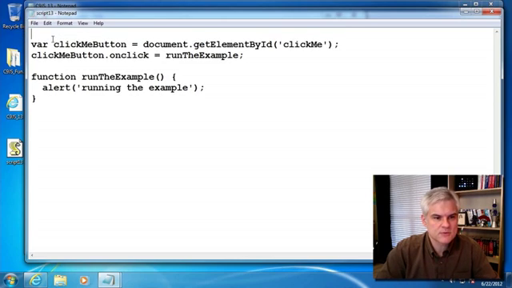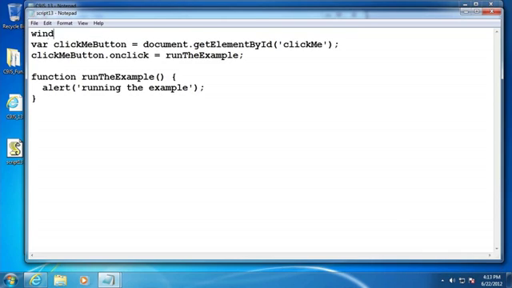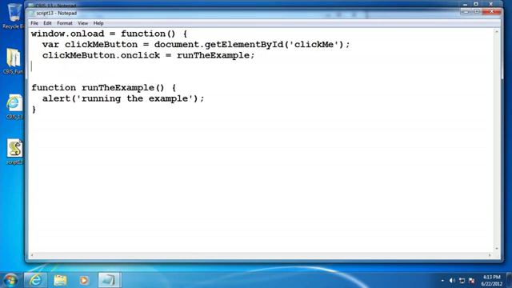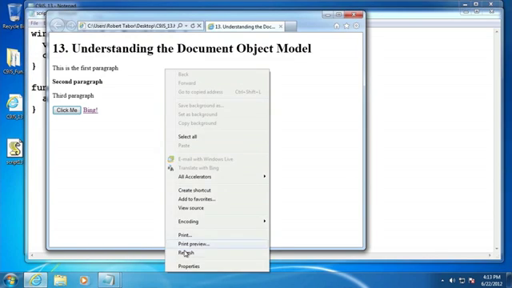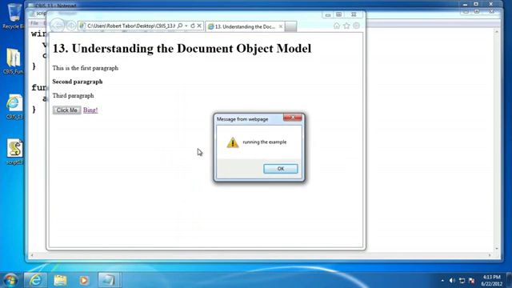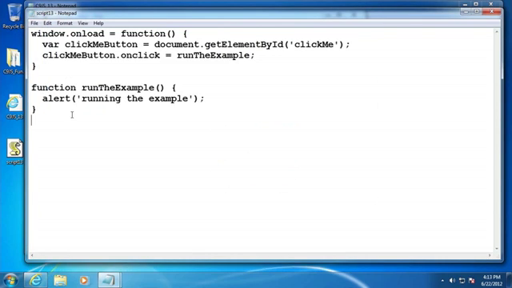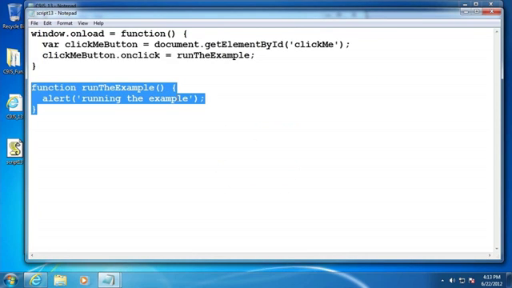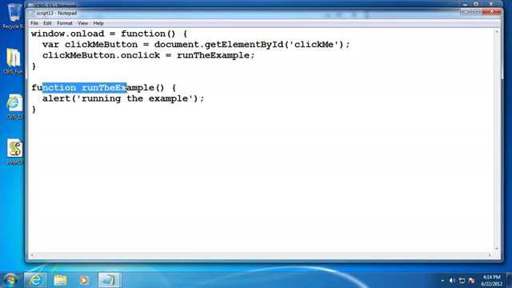And what will work? Well, here's what I'm gonna do. So we'll go window.onload equals, and then I'll create an anonymous function, and that anonymous function will just contain these 2 lines of code in it. All right, so let's save this. Let's refresh that. And now when we click the Click Me button, we get the running the example alert box to show up